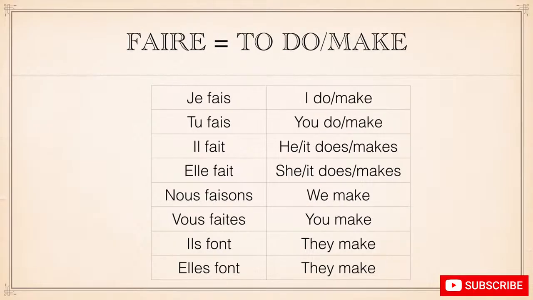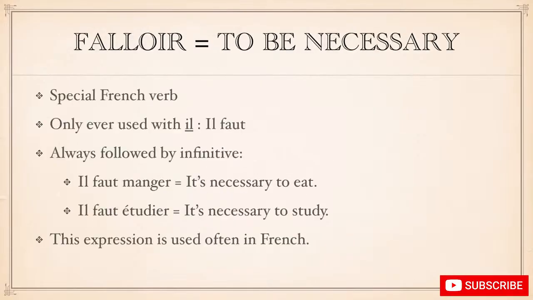Faire, je fais, tu fais, il fait, elle fait, nous faisons, vous faites, ils font, elles font. Now, falloir is definitely an interesting verb. It's only ever conjugated with il, so there's no je, there's no nous, there's no vous. It's just il, and it means it is necessary. So il faut would be translated as it is necessary to do something, and it's always followed by an infinitive,